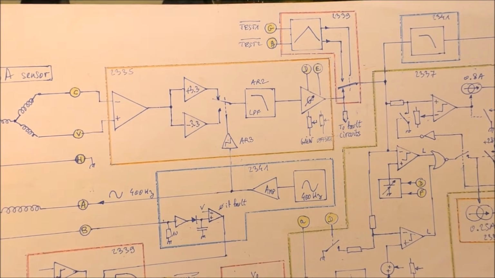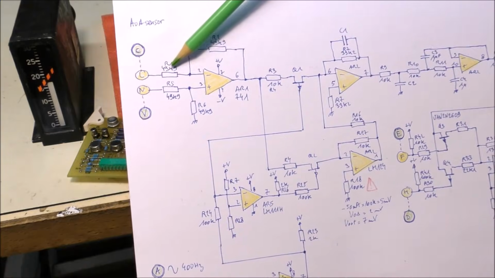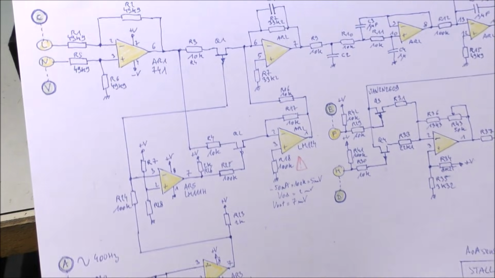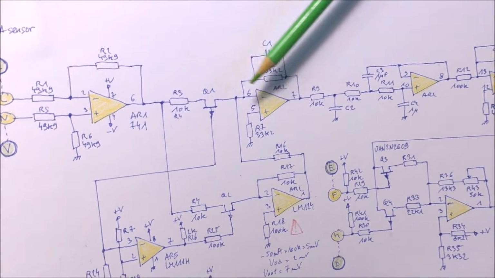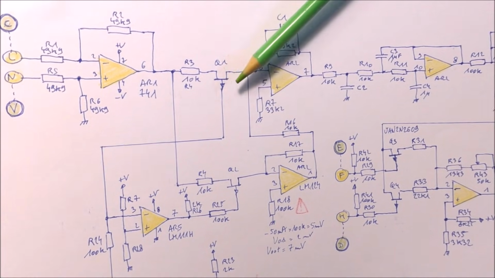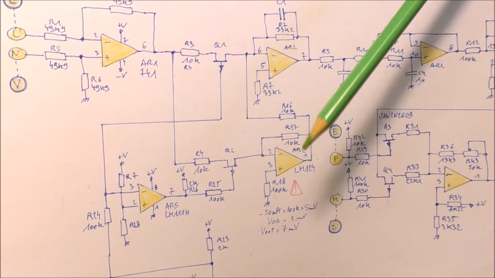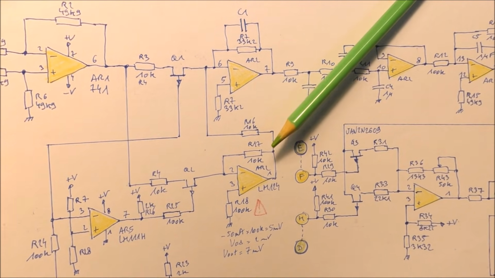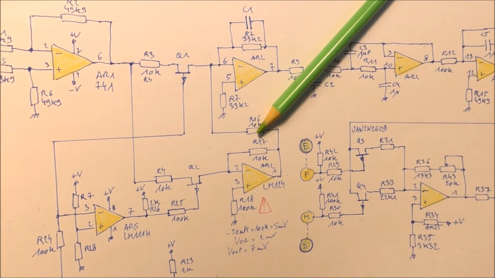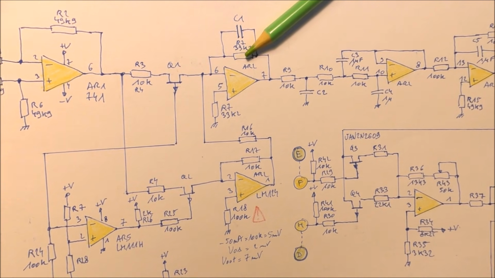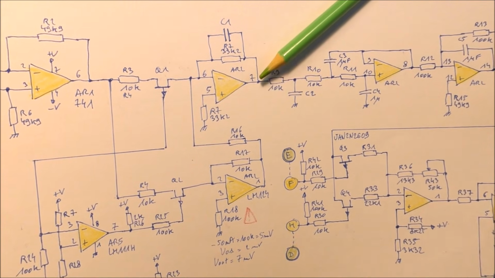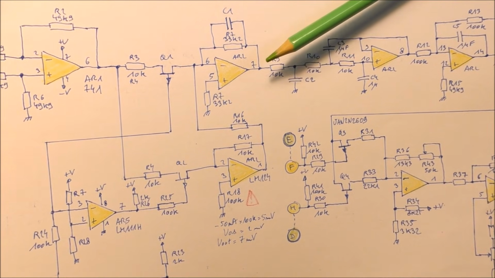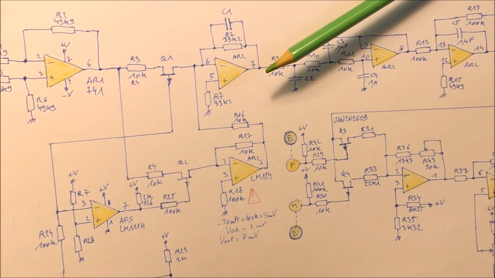This is the front-end board for the angle of attack sensor. This is a differential amplifier connected to the synchro here. There is a gain of minus 3.3 when this transistor is on. Otherwise, when this transistor is off and this one is on, there is a gain of minus 1 here. The output here is connected to this resistor, which permits to have a gain of minus 3.3, so we have a gain of plus 3.3.